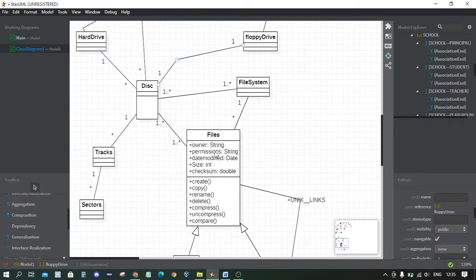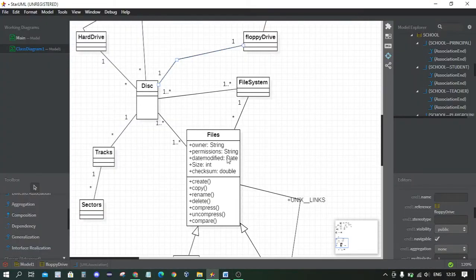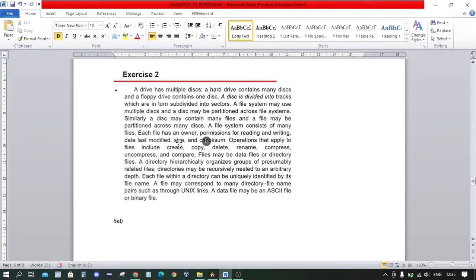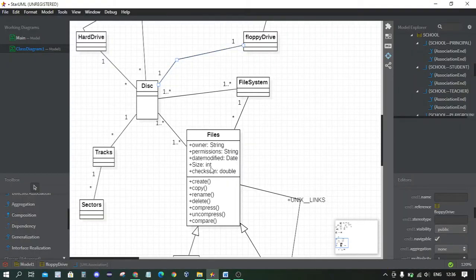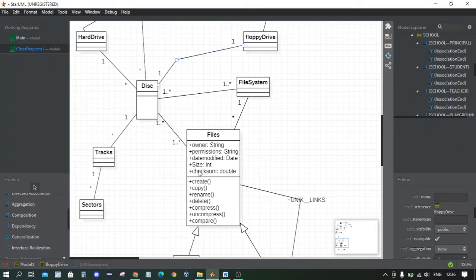Permissions can contain all those three, so I also declared it as a string return type. Then the date last modified we can take as the date return type. Then the size can be integer, float, or double, so I simply considered the int return type. Then the checksum can be float, double, or any, so I considered it as a double.